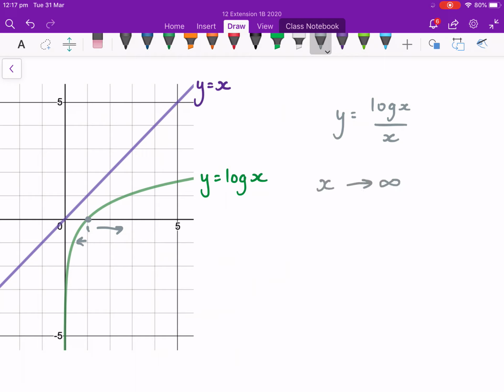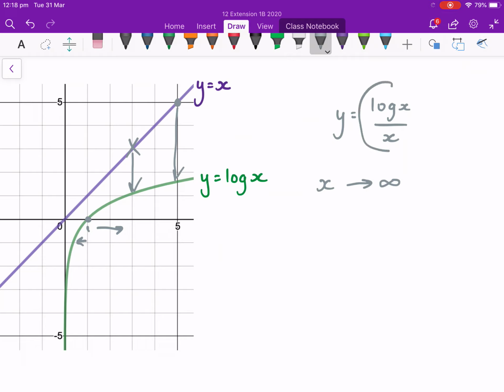Now, why this is important, let's look at what happens as x tends towards infinity. You can see that the graph of y equals x is increasing in value, and the graph of y equals log x is also increasing in value. What we've got to remember is we are dividing log x by x, and what we've got to determine is which is the larger of the two as x tends to infinity. If we look at the two graphs, whenever x is greater than 1, y equals x is always bigger than y equals log x. So if we pick where x is 5, y equals x has a larger y value than log x, which means as x gets larger and larger,